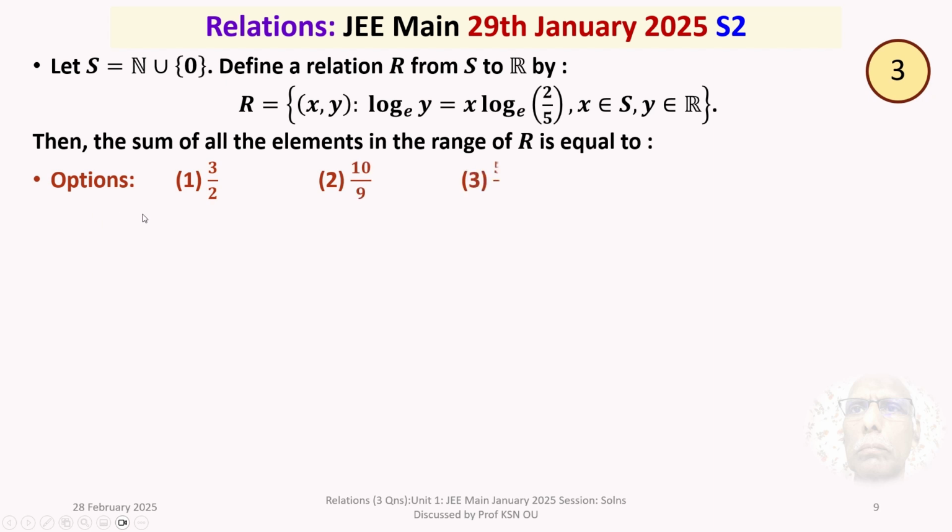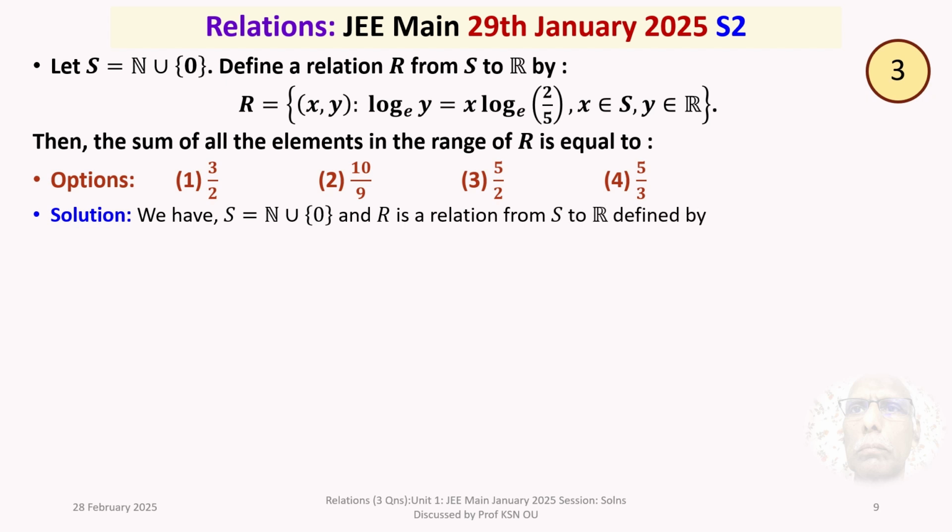We are given 4 options here. Let's now discuss the solution of the problem in detail. We have S equal to the set of all natural numbers union the singleton set 0. That is the set of all non-negative